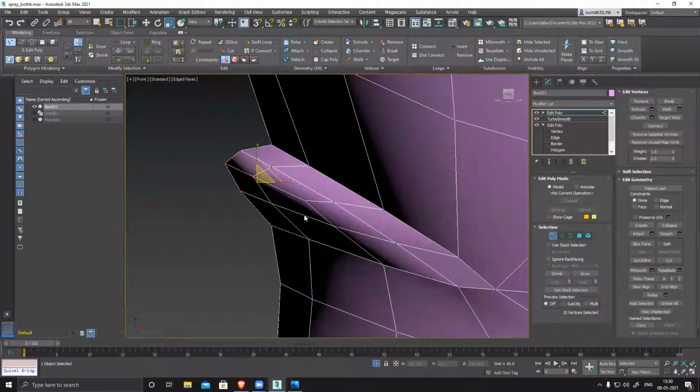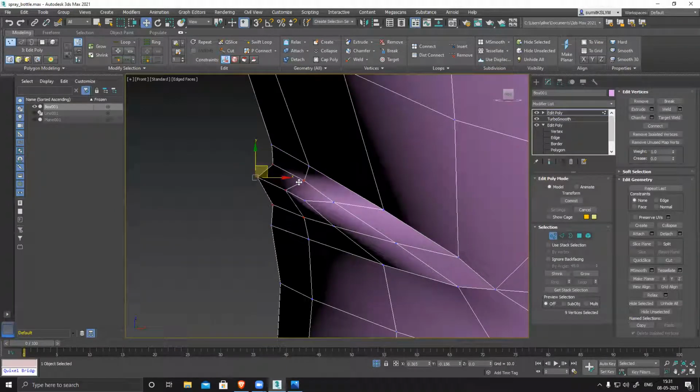Select all of them. Oh, sorry, this one. Deselect, move it inside, move it inside. Similarly, align them nicely and clean.